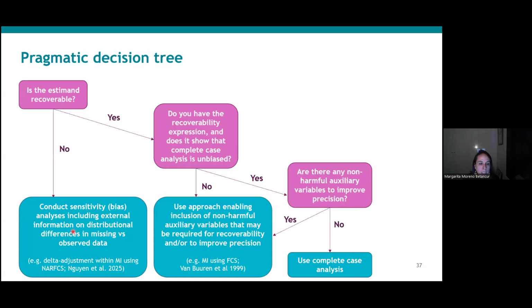This is sort of equivalent to when you say, I'm sure there's an unmeasured confounder, and so now I need to conduct a bias analysis. It's a similar situation. But if the estimate is recoverable, then do you have the recoverability expression? You may not, because sometimes you just rely on a general theorem. But if you do, and it shows that the complete case is unbiased,